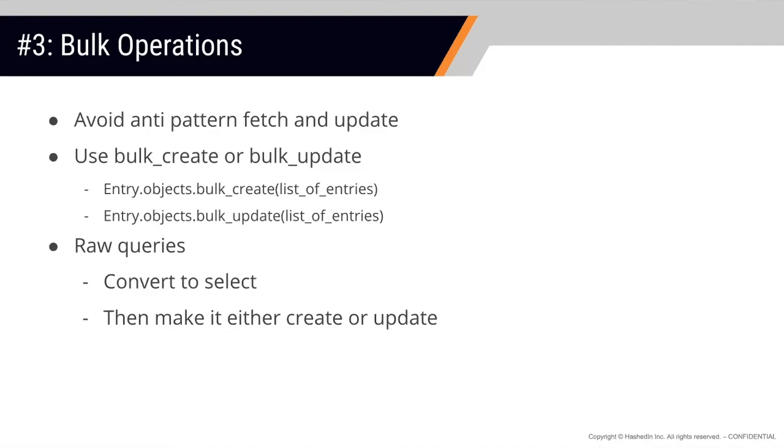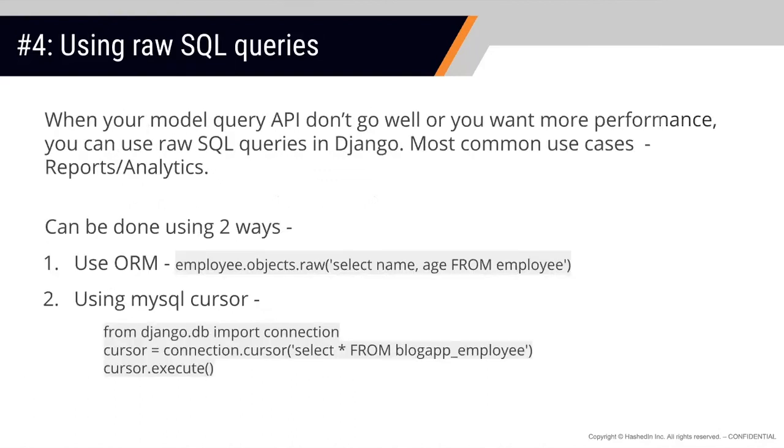What you can do is first write a command to select something, right? Write a single query which selects that, and then just add an update something equal to something at the beginning. This is one of the ways that I choose to convert a simple query to any kind of update or delete that you want to perform using raw queries, right? So this is about bulk operations, and how you can do it using raw SQL queries. This is not really related to Django; in general, whichever framework you are using will have its own object relation handler, like in the case of Django it's the ORM and multiple other things, right?